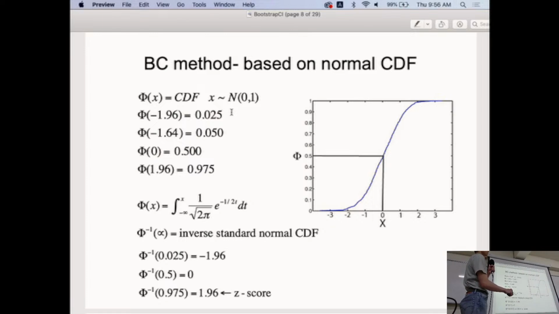0.025 here, right? And the 90% coverage is 0.05 or minus 1.64, and 0 is 0.5, and plus 1.96 is 0.975. Everybody understands this, right? Because that's the normal, that's how we get the 95% confidence interval in our undergraduate textbook. And the Gaussian